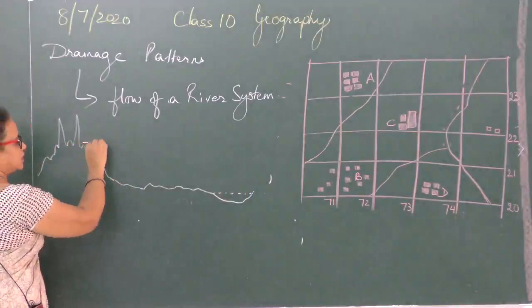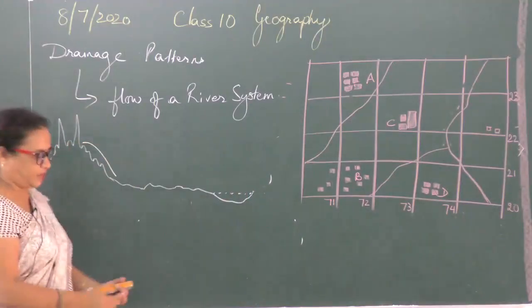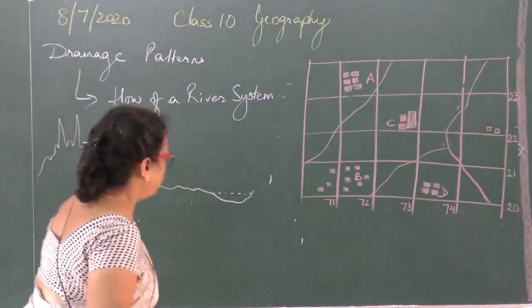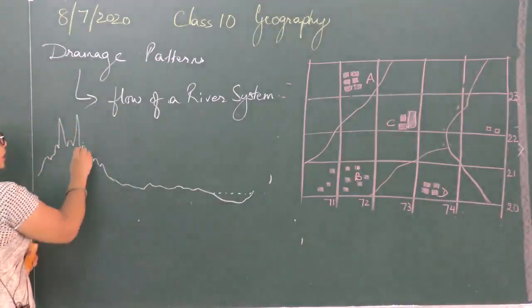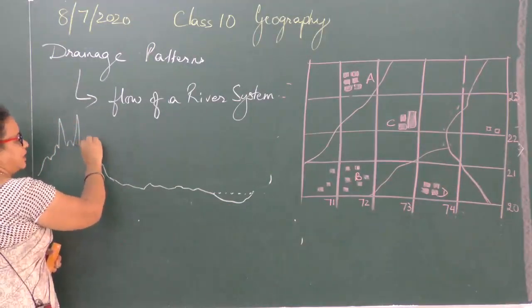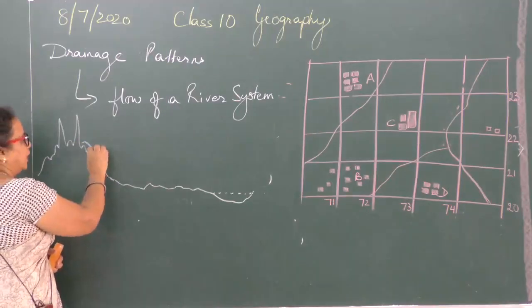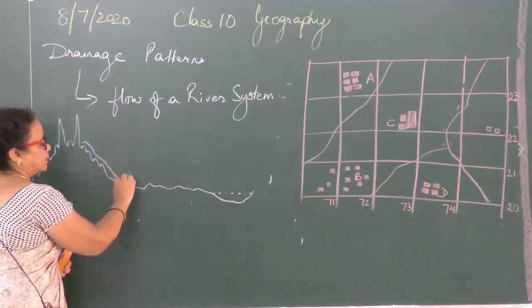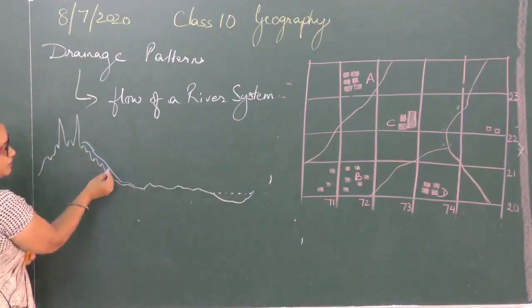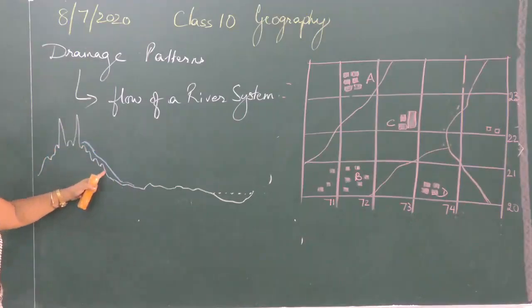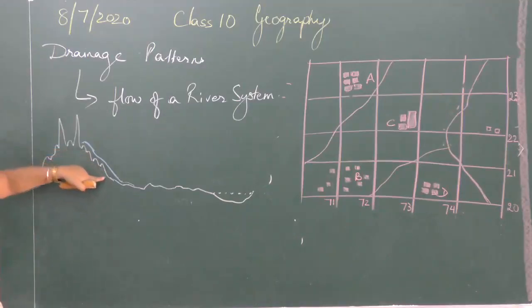Now a river usually is originating in a highland region. If the blue color is visible, you will understand better. I have shown a portion of the land surface here. A river is originating, say, somewhere in the higher parts of the mountain. Clear? It is flowing down according to the shape of the land. Now, till the base of the mountain, the river flows at a very high speed. It is a young river. Newly formed river is a young river. The slope is steep, so it is flowing very fast. Clear? This we call the youthful stage of the river.